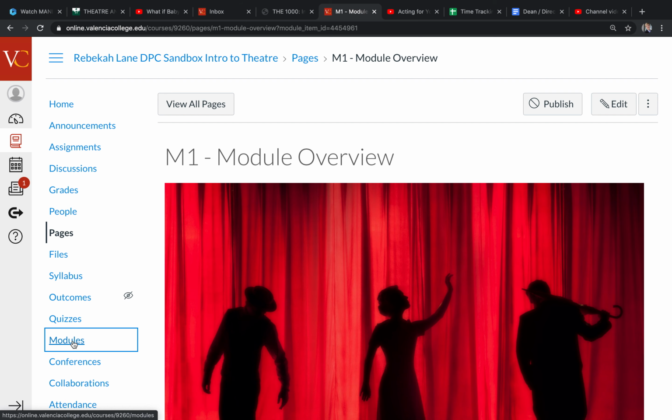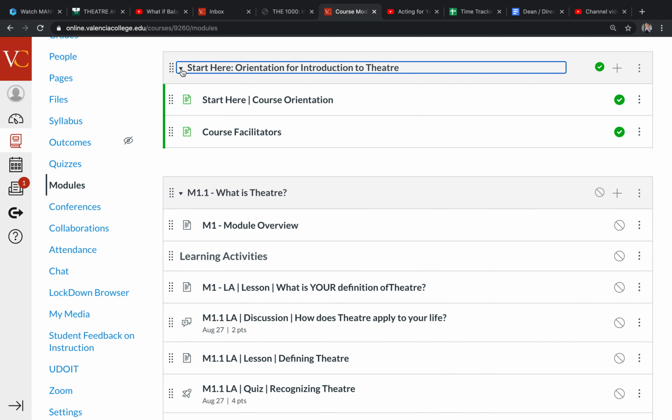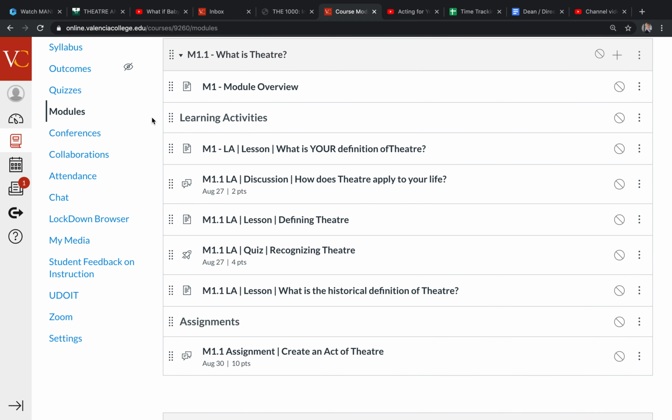Okay, so now I want to talk through what a module can look like as we are building this together. And again, I'm just trying to follow these digital professorship things. So each module has an overview. It has a section titled Learning Activities and a section titled Assignments. And this is a structure that I have built within each of these modules. So you guys don't have to make this, it's just there.